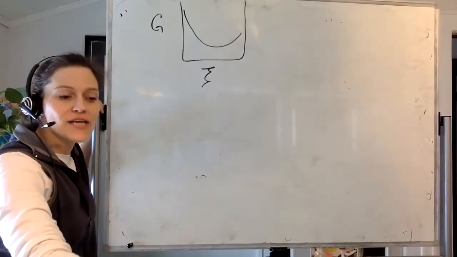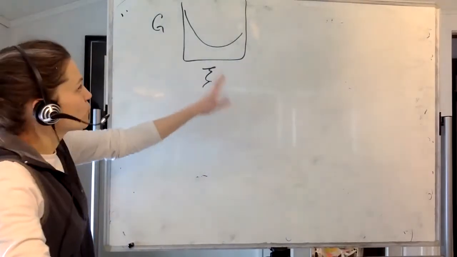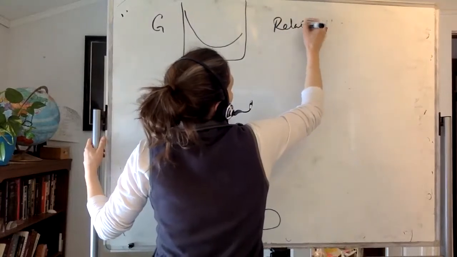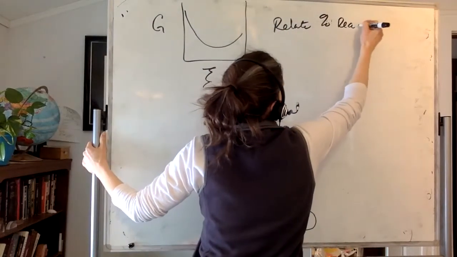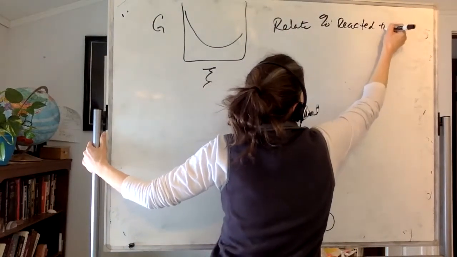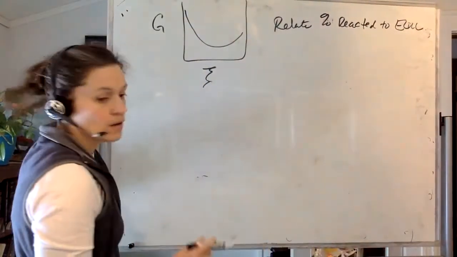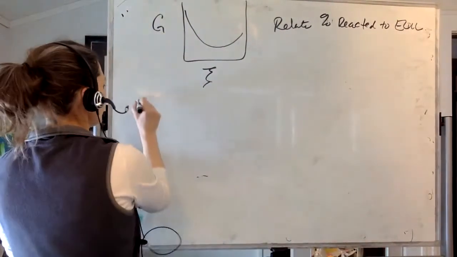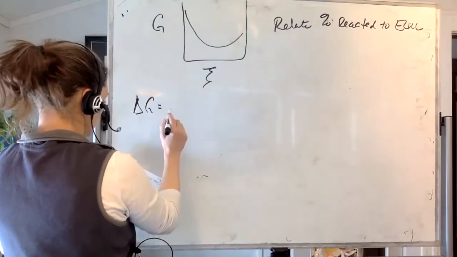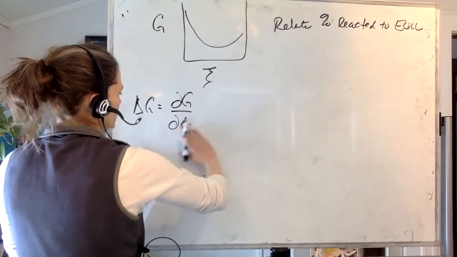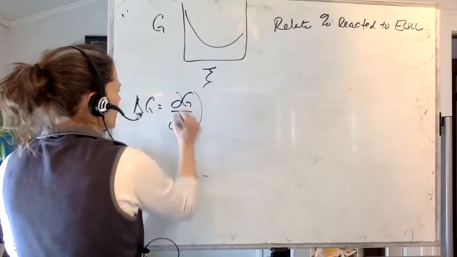Okay, so now the question is, how do we relate the percent reacted to equilibrium? Keeping in mind that delta G is equal to the change in the Gibbs per change of extent of reaction. Real quick on this,